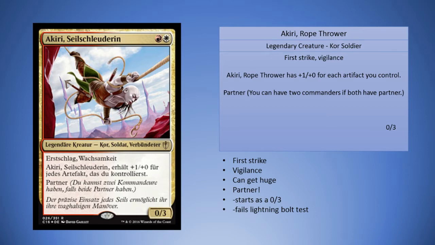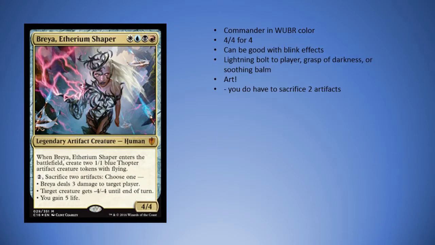artifact deck. Next up, we have Brea, Ethereum Shaper. She is one of the Nephilim commanders, I guess. She is white, blue, black, red. 4/4/4/4 can be very, very good with blink effects, being able to get 2 Thopters each time she comes into play. You can basically lightning bolt a player, grasp a darkness a creature, or soothing balm